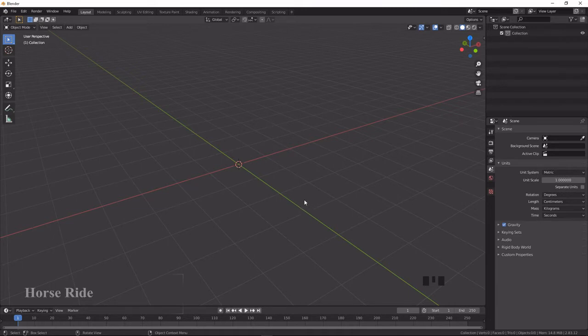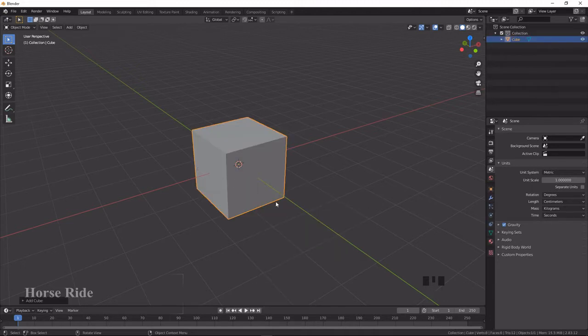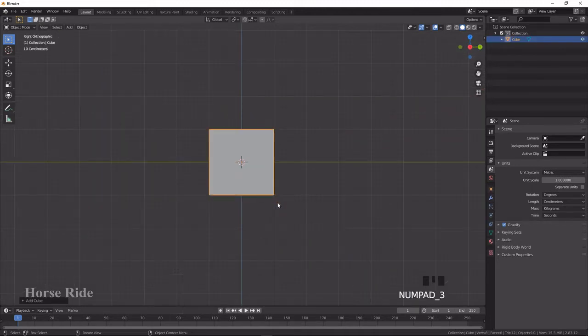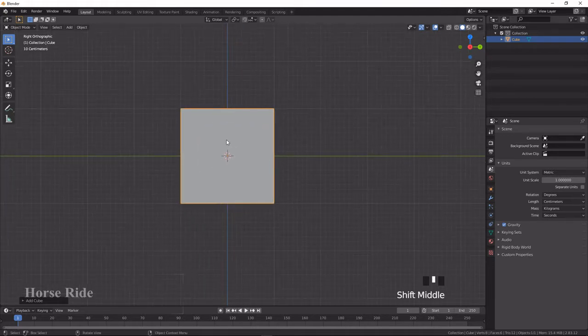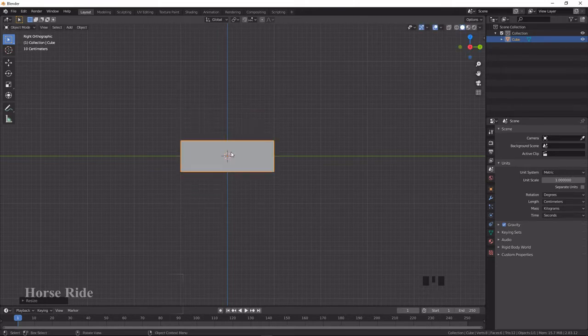Let's start. Press Shift A and Mesh, create a cube. Press 3 on the keyboard for the right side view, orthographic view. Press S to scale, press Z to scale it in the Z axis and scroll it down, and you can also do it via numbers. For example, I'll show you.